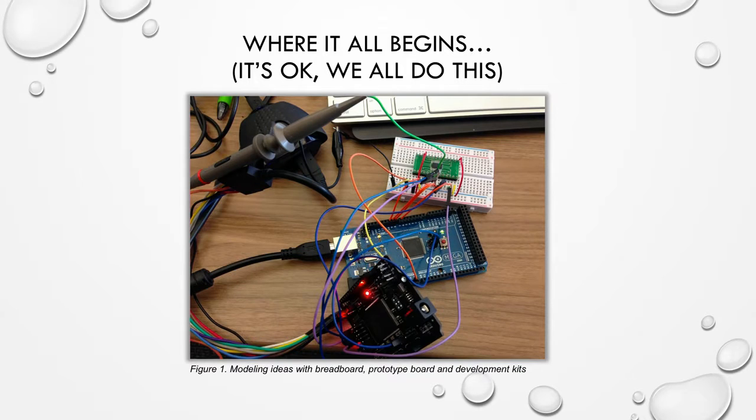Let's just level set first, though, before we get started. I want to be absolutely upfront with you. This was my desk before I left and came here. And I want to stress that because I think it's one of those things which is lost in a discussion about coming up to speed on how to build things with electronics. The fact that, hey, there's somehow this perfect workflow and everybody follows this perfect pattern and it's predictable and